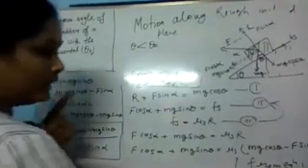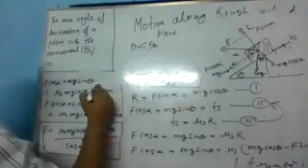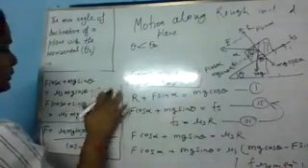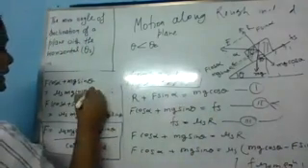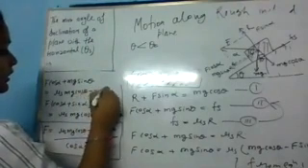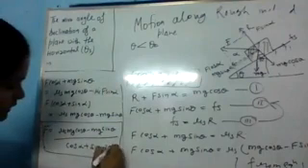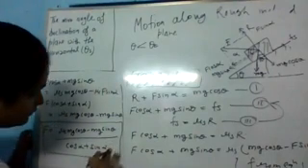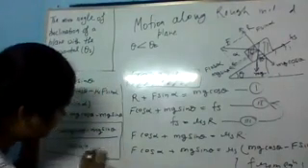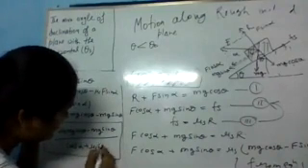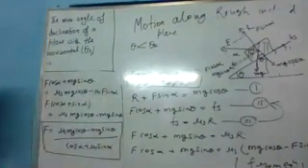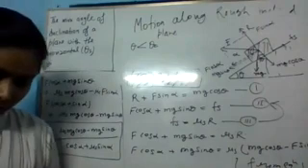And here one thing also, this is mu s sin alpha, right? So mu s, right here, mu s sin alpha. We have to multiply by both terms: mu s f sin alpha. So this mu s term is also here, mu s sin alpha. So this is the value of force.